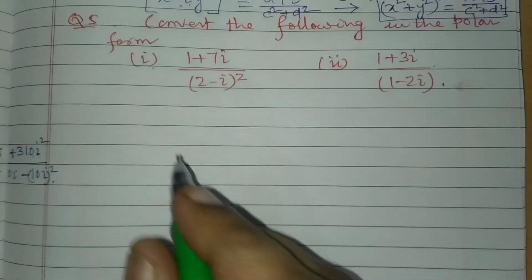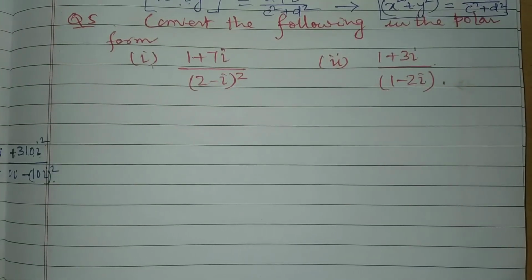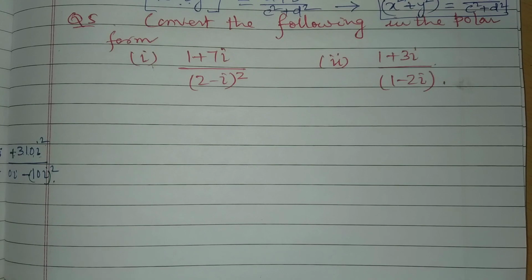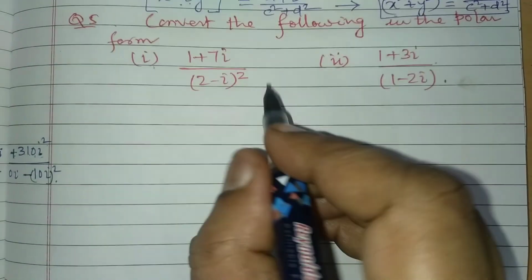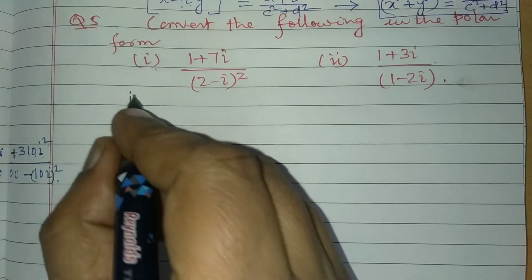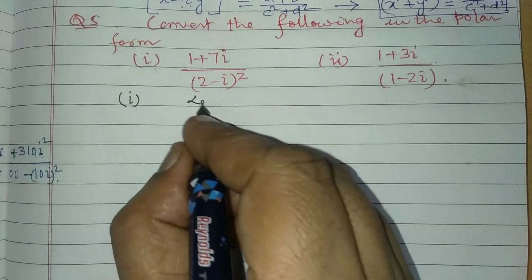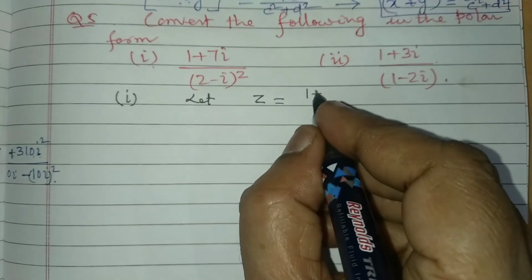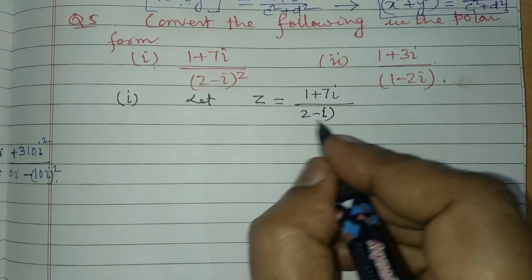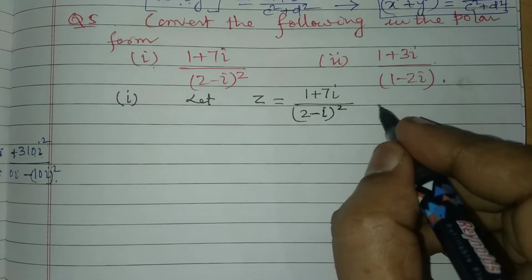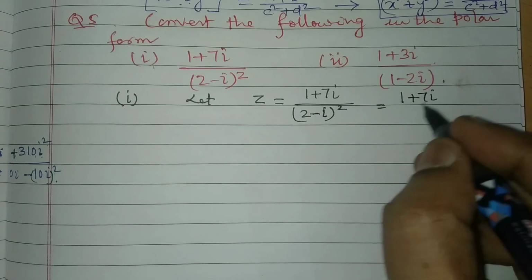Now here we have to convert the following in polar form. So first of all I am doing this. First question, let z is equal to 1 plus 7i divided by 2 minus i whole square. So this is 1 plus 7i divided by